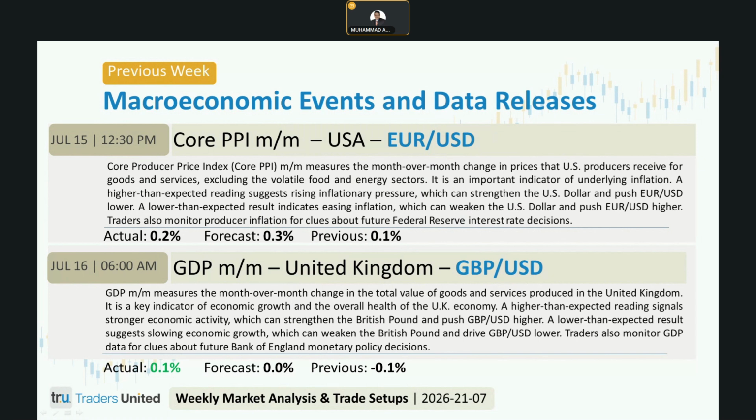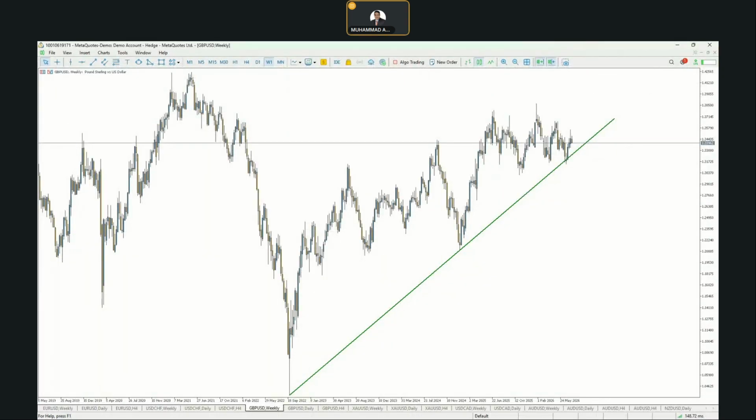As far as the trading outlook is concerned, the short term bias, I would say, is somewhat bullish to neutral. The stronger than expected GDP reading supported GBPUSD by strengthening the British pound. If upcoming UK economic data remains resilient and Bank of England policy expectations stay supportive, GBPUSD could remain supported. However, traders should continue monitoring future UK economic releases, Bank of England communication, US economic data, and overall market sentiment for additional direction. So the overall analysis is: